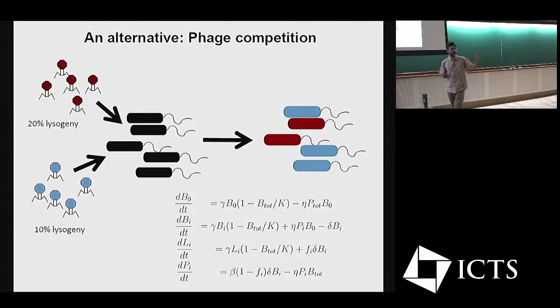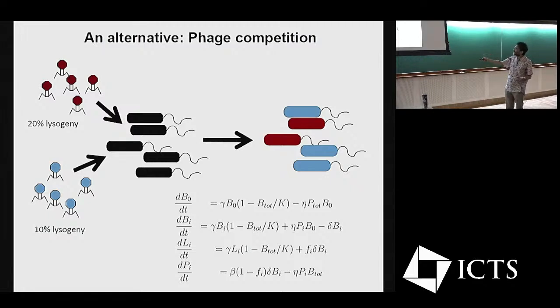One, say, goes 10% lysogenic, one goes 20%. Let's just keep it really simple, okay? What would happen? So the way to study that, at least theoretically, is rather straightforward. You build a little population model, which is based, in this case, these equations are really just like a Lotka-Volterra equation. You have terms for bacterial growth, you have terms for bacterial infection by the virus, and then